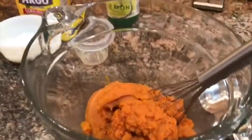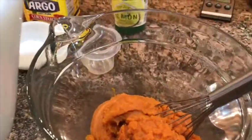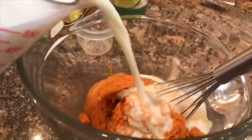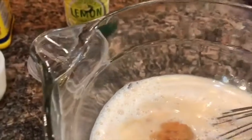I've emptied the pumpkin into a big glass dish, a mixing bowl. I am adding 2 cups of milk. I've used lactose-free milk because that's what I use. To that, I am adding